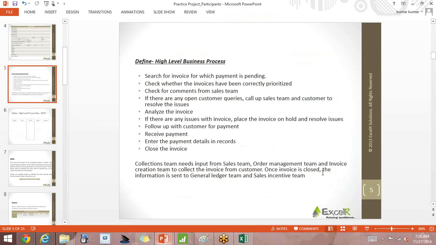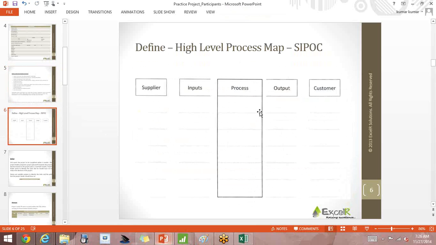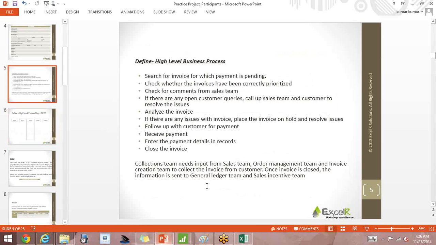Once the invoice is closed, the information is sent to the general ledger team and sales incentive team. So once that is closed, who are your customers? Your customers are your general ledger team and your sales incentive team. Clear with this, Anuj? I'm not writing just to save time.